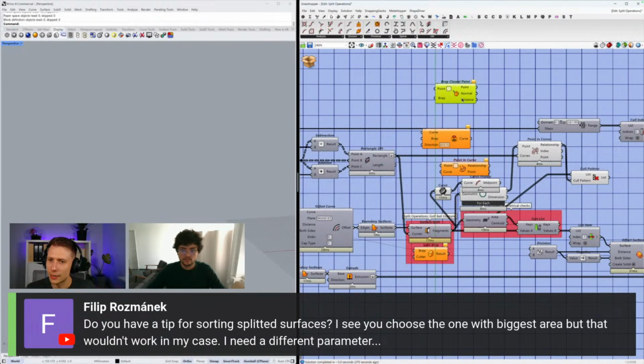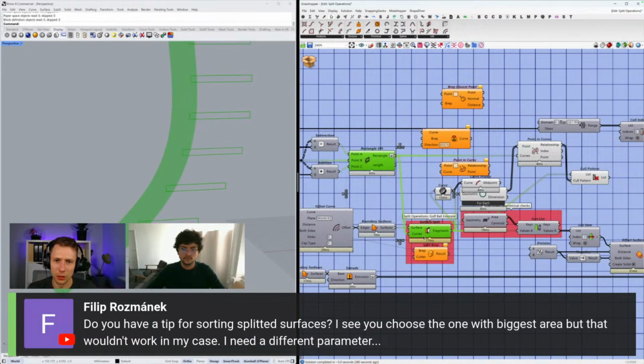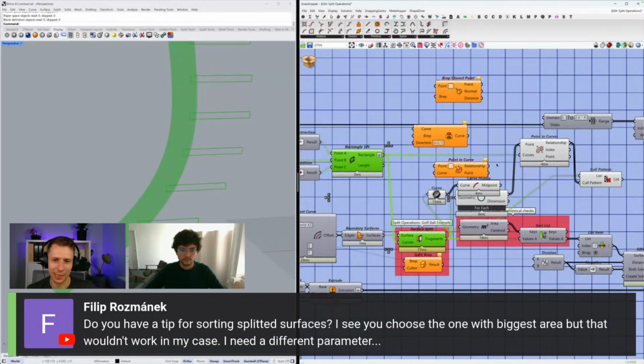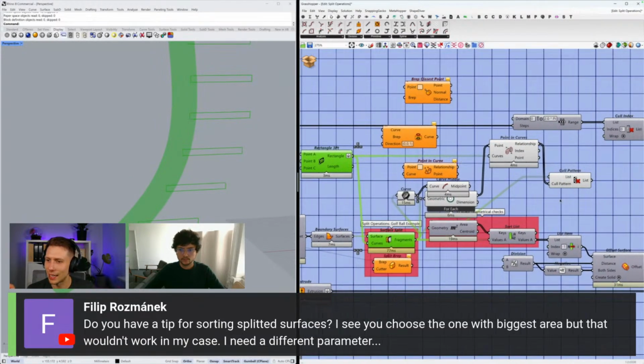And this is also something I use really a lot, because if you have your point, you can project on your B-wrap, or maybe not in this case, but also you can project it not in the B-wrap, but also on the curve. So you actually can have a distance, and for example, you can sort it out if you know that this distance to this curve on the right side is like 20 millimeters. So you can take a pattern and just take off all that one is longer than 100 or something like that. So Philip, these are just ideas you can think about with these components and try to use.